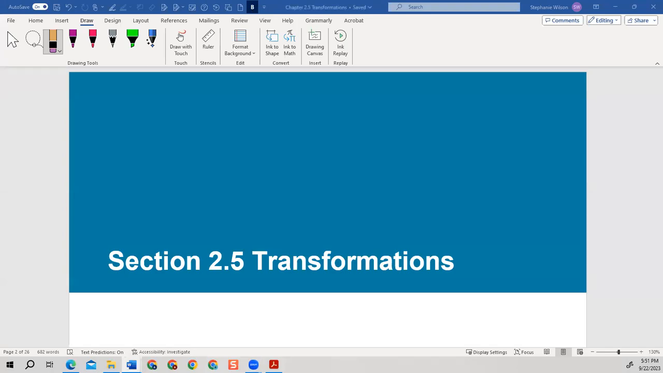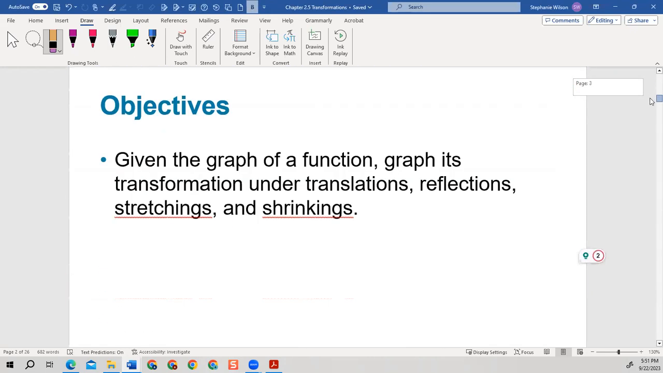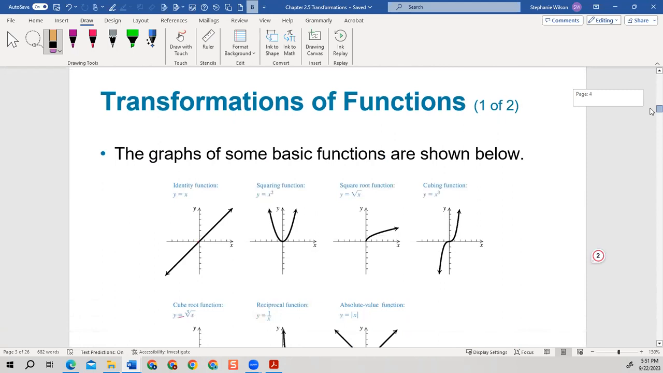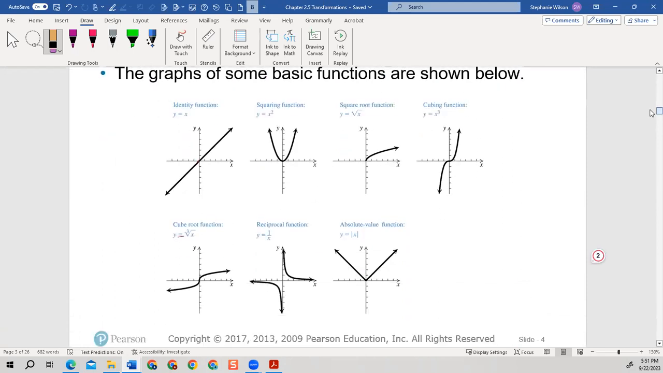This section, we're going to talk about transformations. So we're going to talk about transformation of functions on a graph. The objective here is to determine the transformation under translations, reflections, stretching, and shrinking. Let's go to it. This one here, if you wanted to pause this and screenshot this, I would encourage you